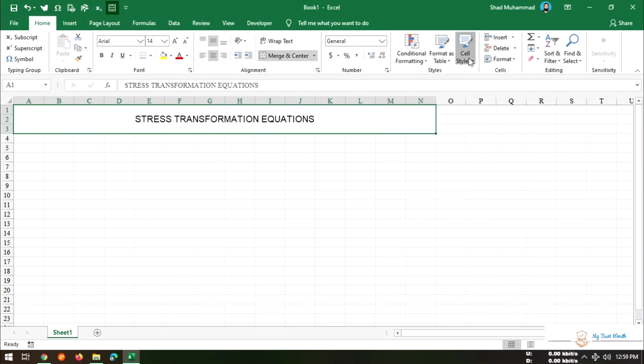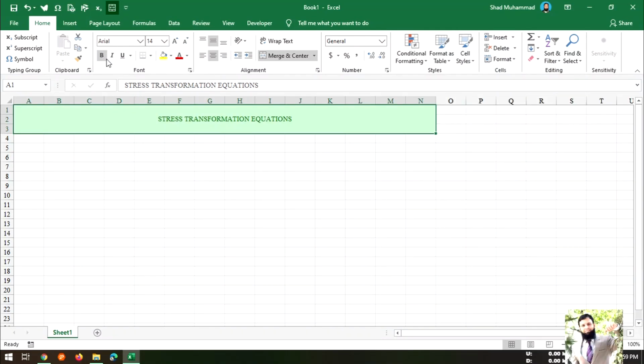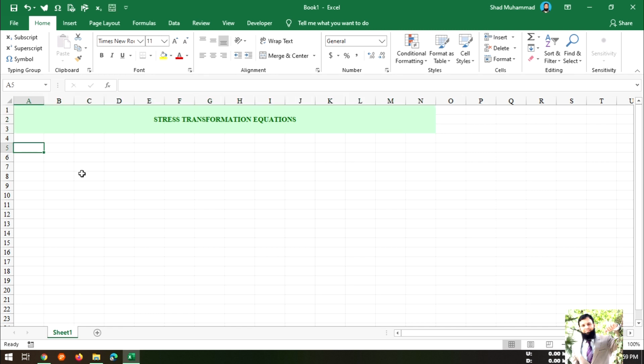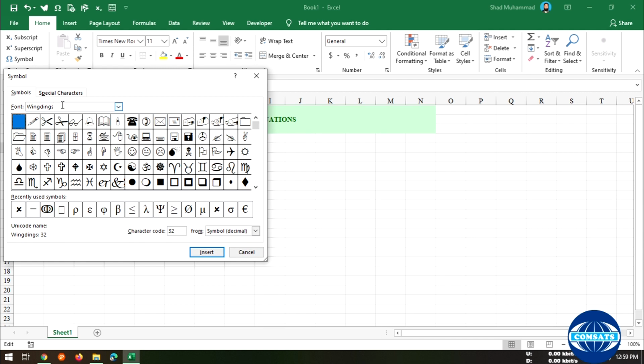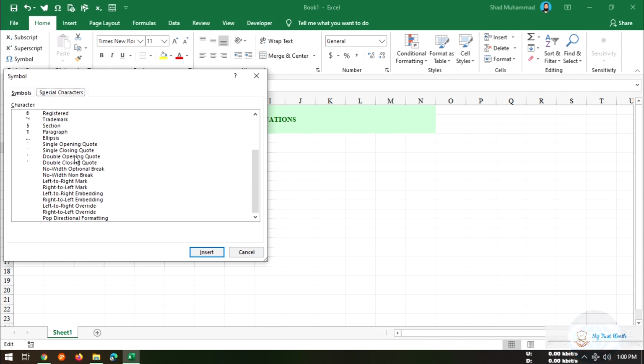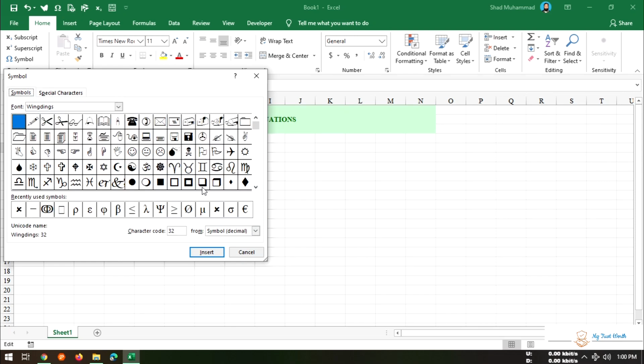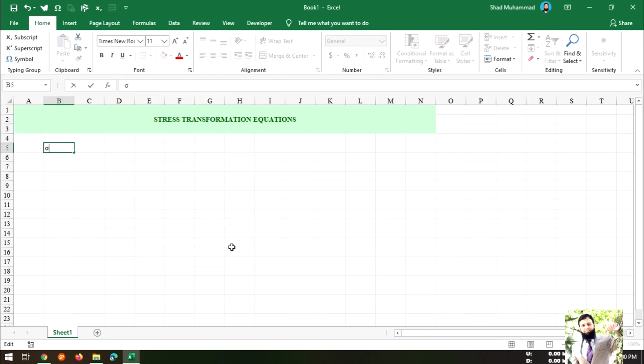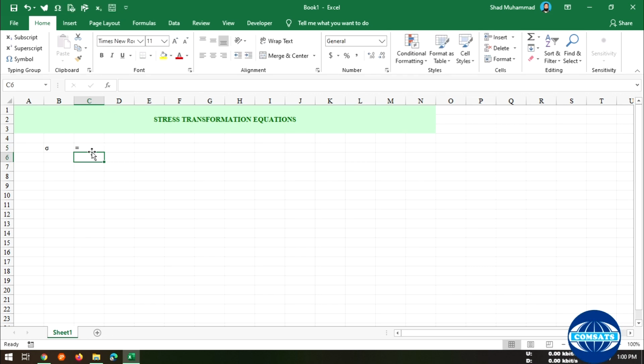Let's do some conditional cell color. Okay, this one, and let's fold it out. And how are you going to add sigma? This is interesting. Insert, or maybe you can directly go to symbols. Here you are going to find special characters. There is no special character here, and sigma, and here you get the sigma. This is your code 03C3. Insert, and you have got the sigma.